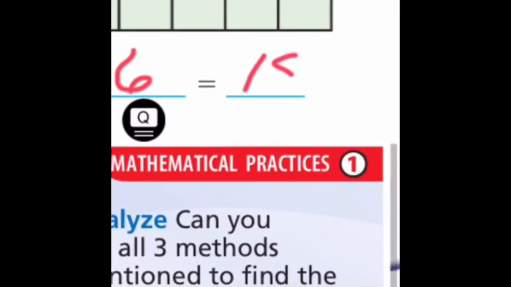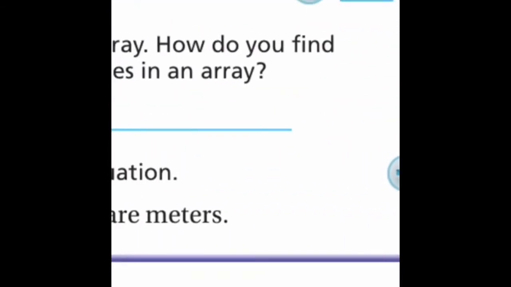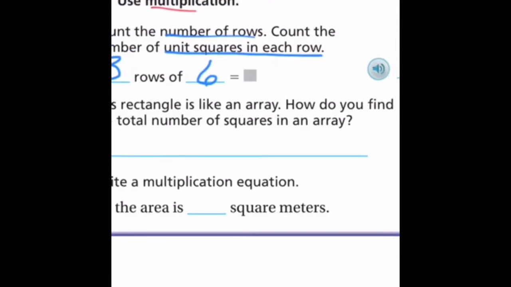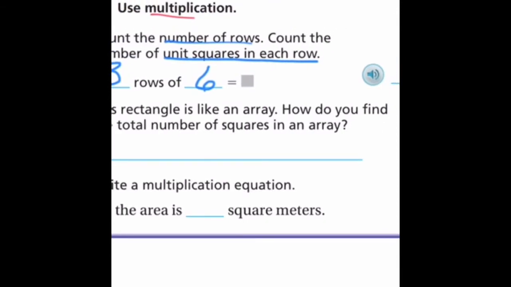So we've talked about this multiplication symbol right here. It can mean groups of, and it can mean rows of also. So same thing here. How about I get an eraser? There we go. 3 rows of 6 equals 18. Okay. The question here says,